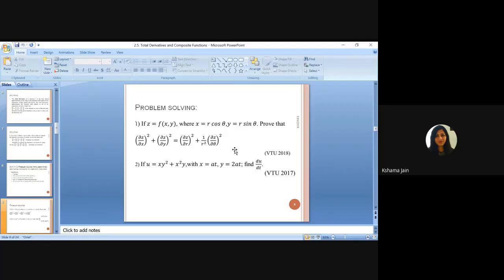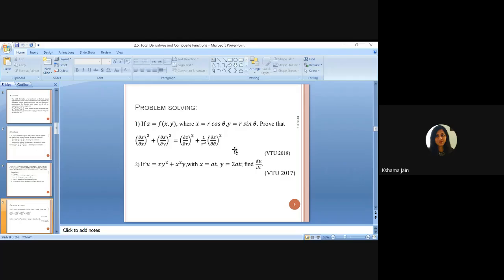So this type of function, a function of a function, is called a composite function. Means the dependent variable is not directly dependent on the independent variable, while it is depending on some intermediate variable, and the intermediate variable is depending on the independent variable. Some mediator is there. That time it is called a composite function. Like I gave the example, u is depending on s and t, and s and t are depending on x. Then finding du by dx is the total derivative. So how to differentiate those kinds of functions?